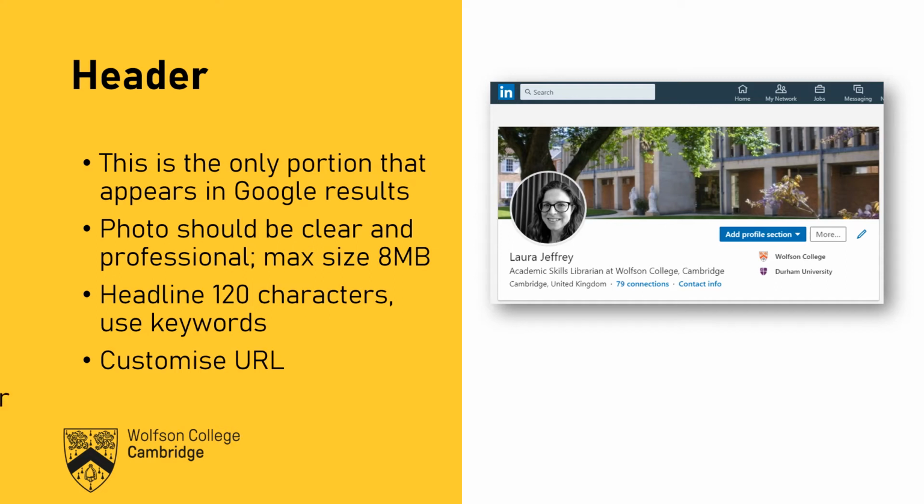Then think about the banner image. It'll come up with something generic, but this should be about you, not from the stock material that they supply. Again, this is going to make a huge impact. It's going to set you apart from others. This is going to be something that people remember when they're looking at your profile. You can also customize the URL as well to make that more relevant to you.